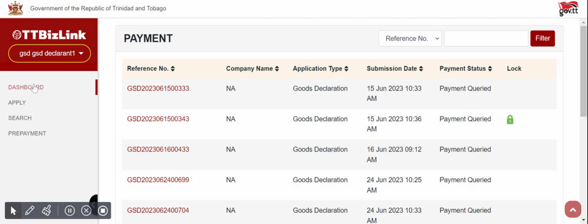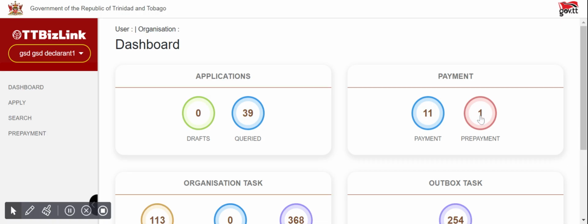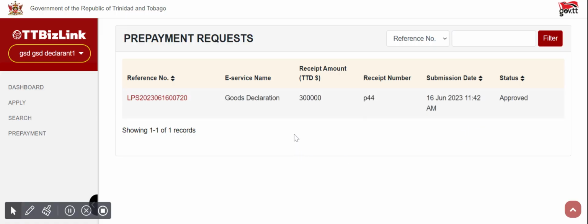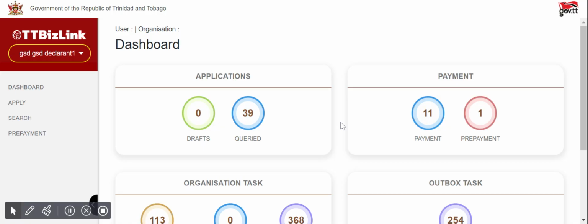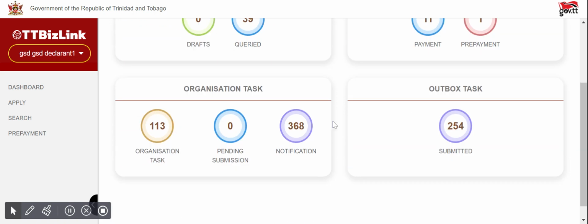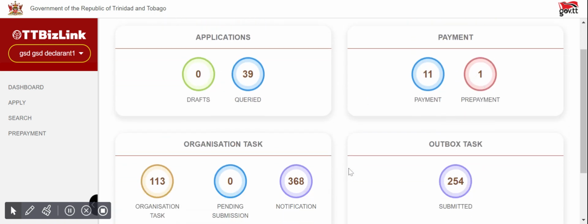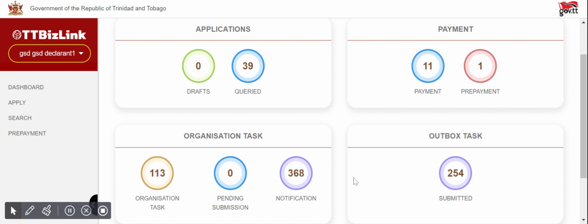query on that payment. Prepayment applications is a new application type that we have on TTBizLink, and these are applications that would be submitted to the agency for prepayment for a service. So instead of making individual payments for each application or declaration, you can make a lump sum payment, and that will first have to go to the agency to approve, and then you can start to use your drawdown payment